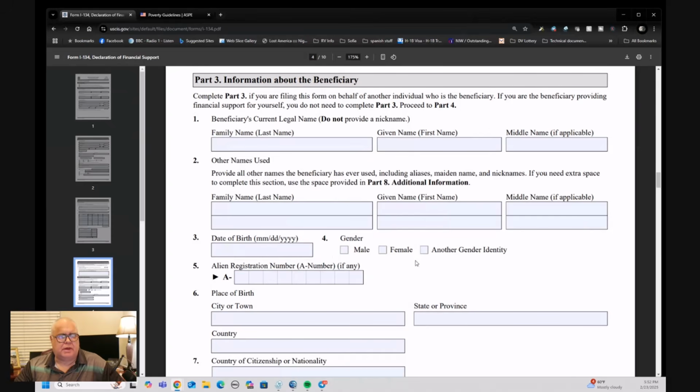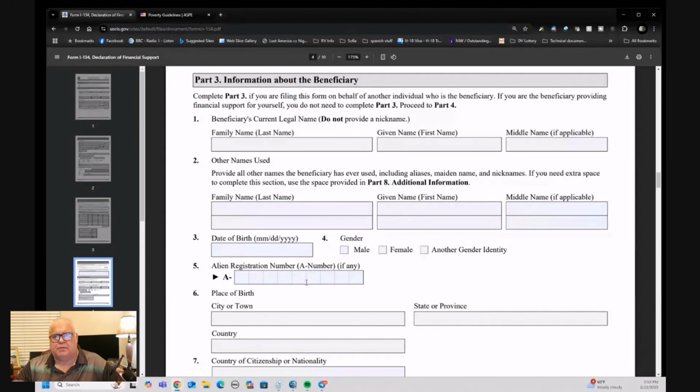Their gender, male or female. Another gender identity. That's interesting. This form was before the government changed their rules about that sort of question or that sort of response. So use male or female. Don't go into another gender identity at the moment because the government have got their knickers in a twist about that. So alien registration number, if any,